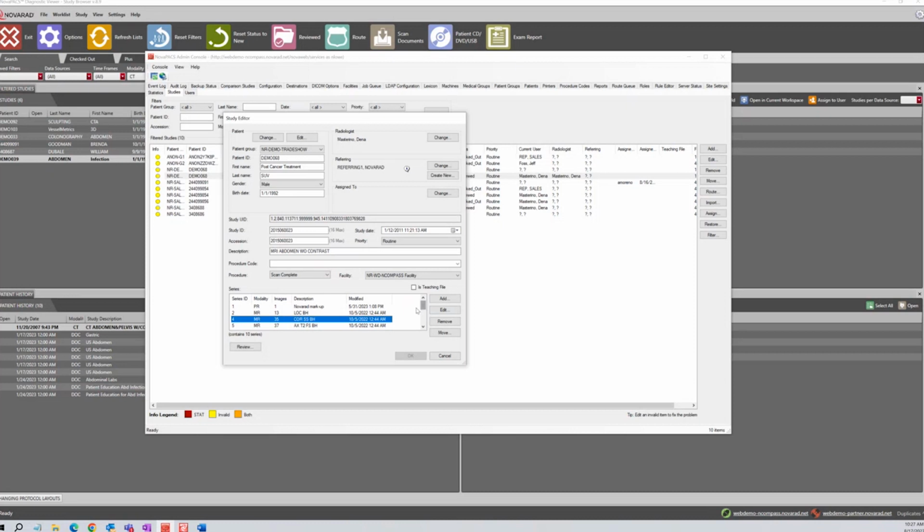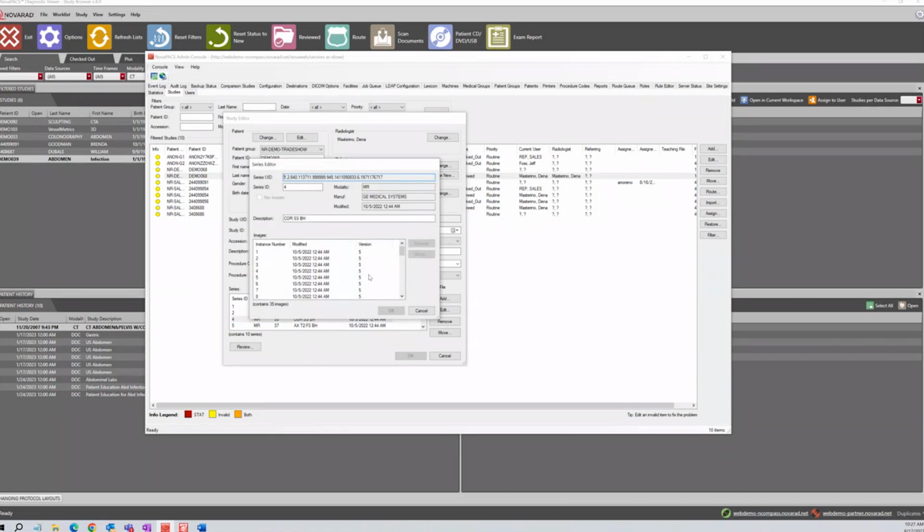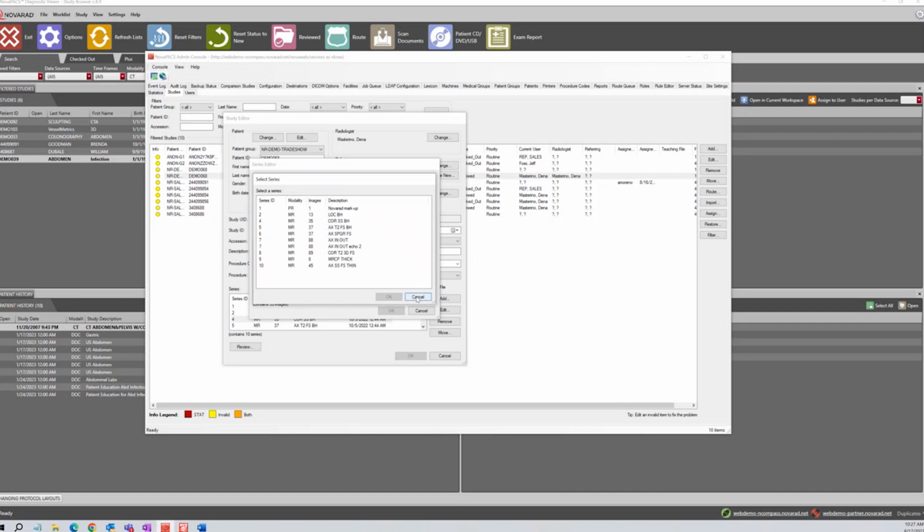And what we would do is we would find the series, we would double click to go inside the series, we would find the image that she was talking about. We'll just say it's this one, and then we can remove it. Now, we can also move an image to a different series within the study just by clicking the move. And this is where we would just select what series we would like it to go to, and then we would say, okay.